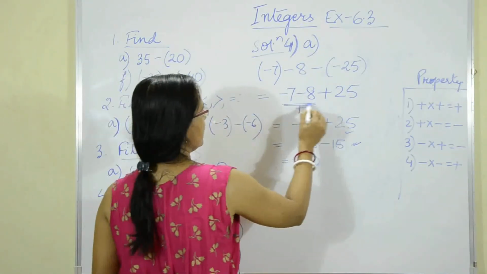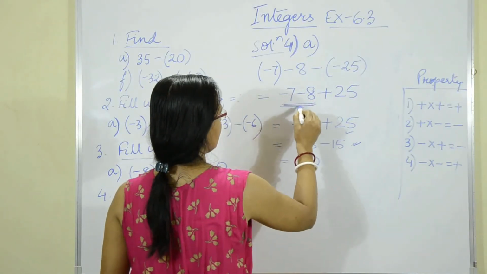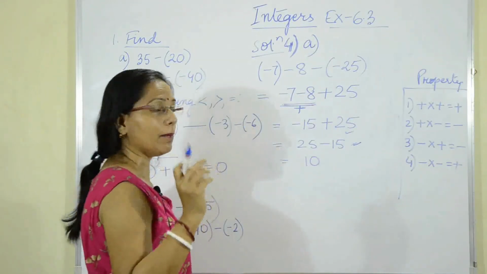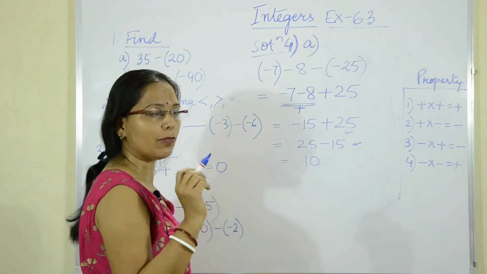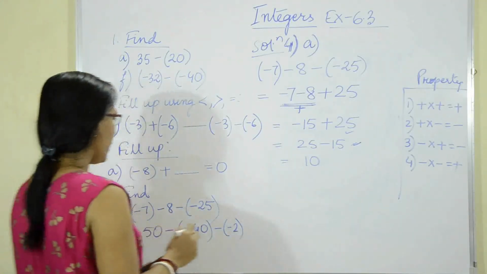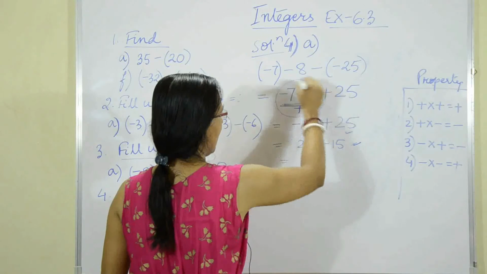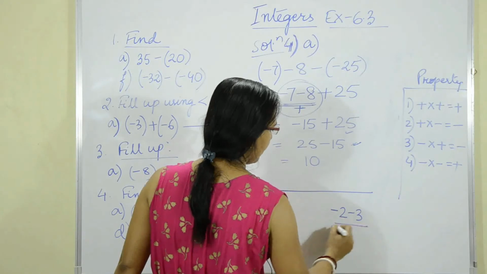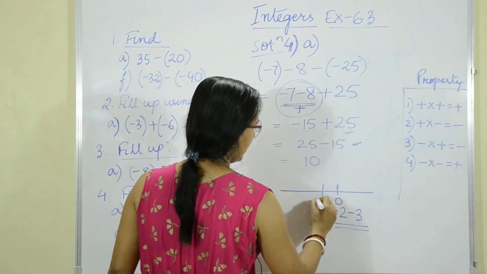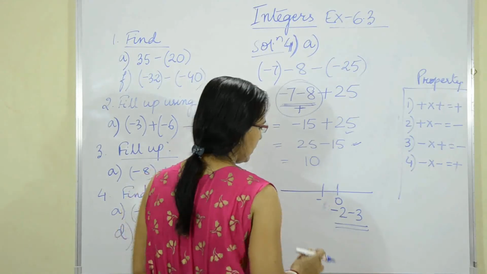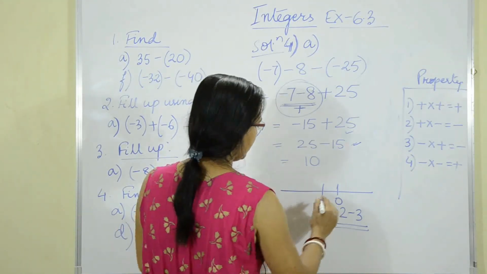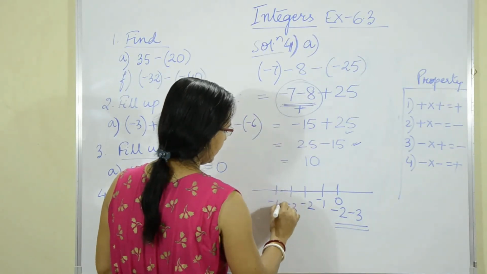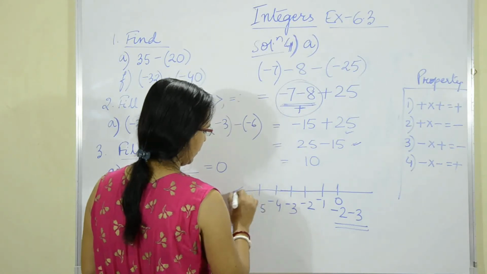You will have to remember this step, minus into minus is plus, we know that, and even we add them, I mean we will have to add, but the sign will always be negative, that won't be positive. Okay. I can show you an example why it happens here. Take for example minus 2 and minus 3. How do I do? Say if it is 0, minus 1, minus 2, minus 3, minus 4, minus 5 and so on.